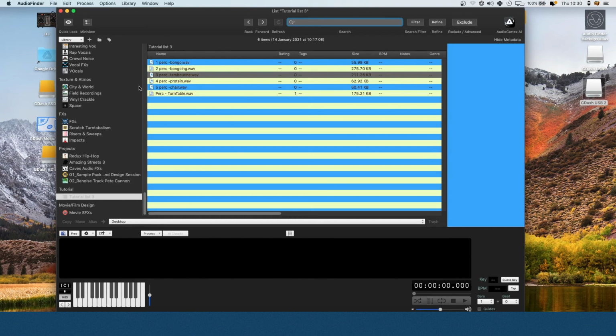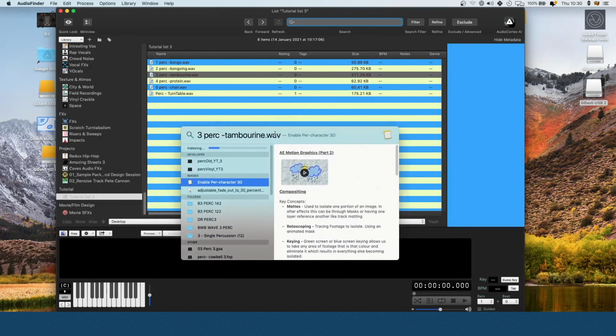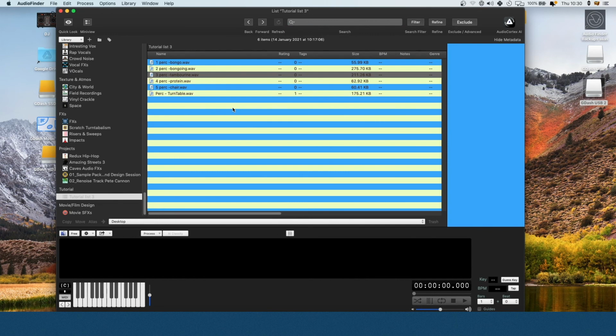how to reconnect them. Before, I would use Spotlight search and actually type the name in of the sample and then click and drag it in. But that's obviously very time consuming and quite jarring to do for a lot of files. So thanks to a user on the AudioFinder forums, I've actually found now a much better way to reconnect the